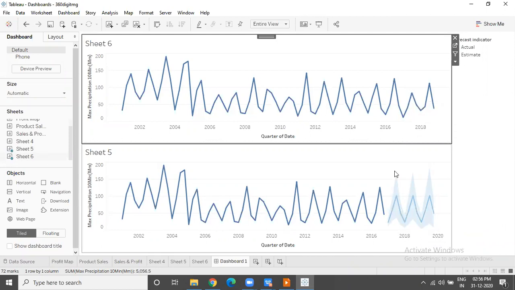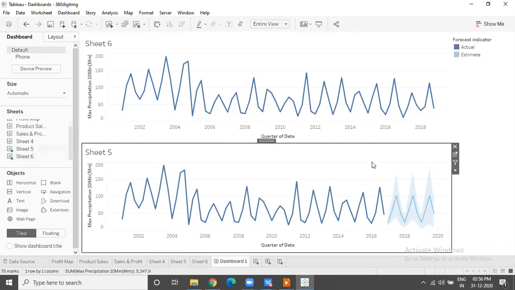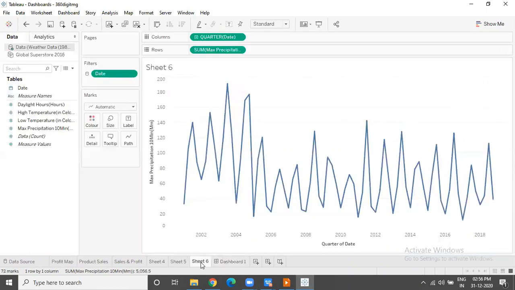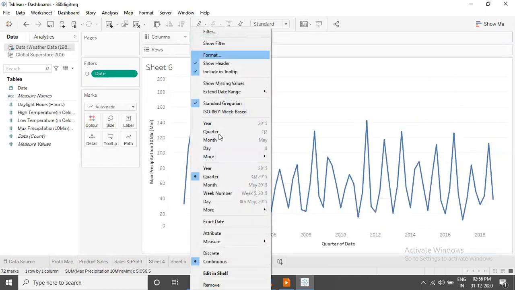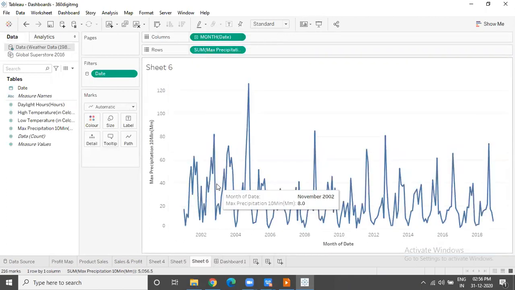But how do we normalize it? How do we now bring in data that will give us a more accurate report? One thing is you can either change the granularity, okay? Meaning instead of going at quarter level, maybe if we can drill down a little more and go at month level, given the granularity of the data, maybe we will get something more accurate.